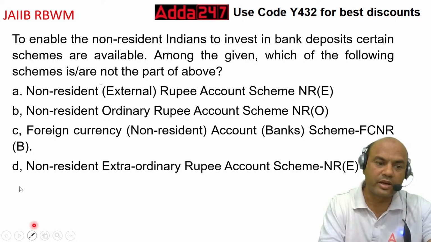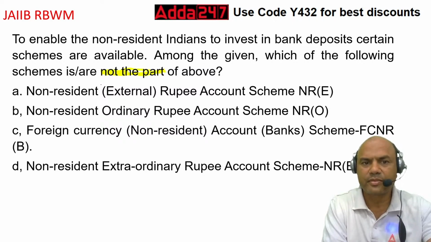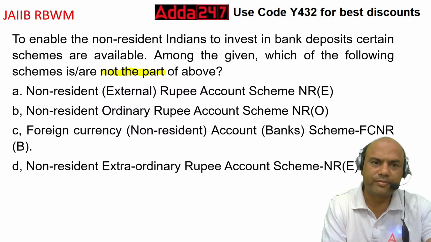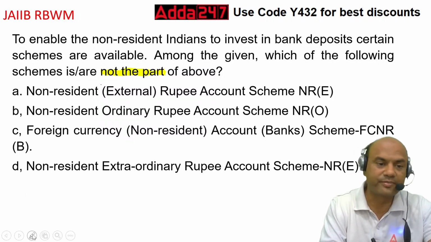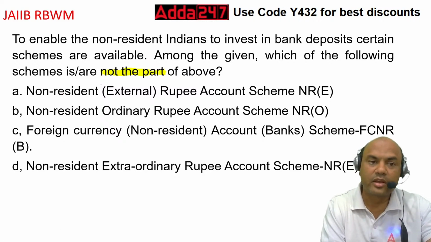So, for NRIs, we have certain schemes for investment. Means what all they want to invest, they have the money. Here, who doesn't want money? These NRIs are having money. So paisa to mangta hai, isn't it? If you want money, then you'll have to give them schemes. So which of the schemes are not the part? Okay, so let's see one by one.